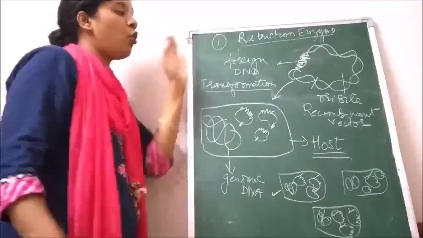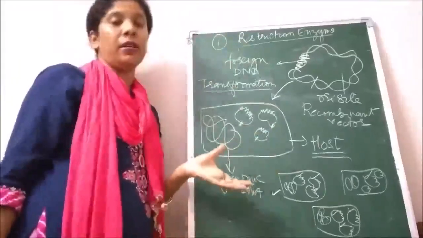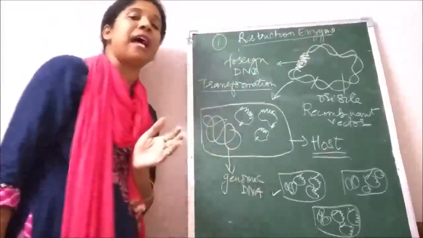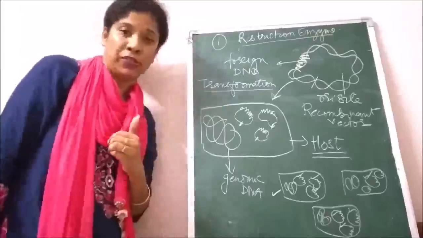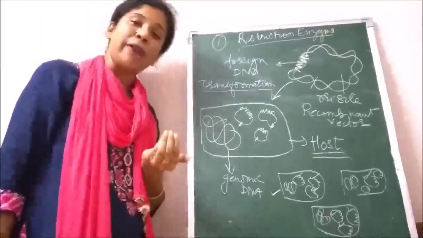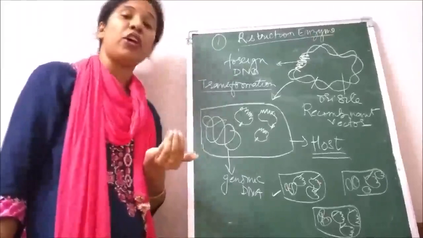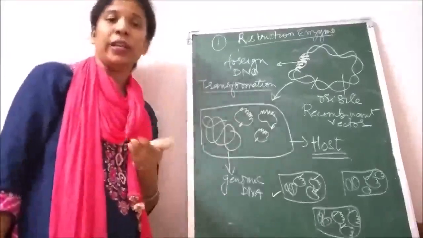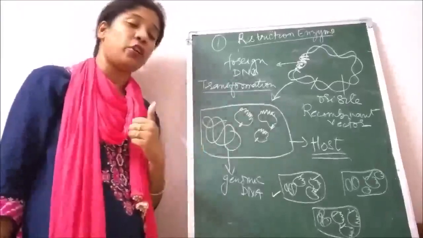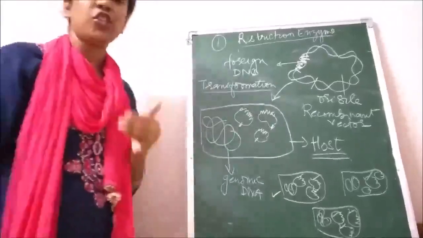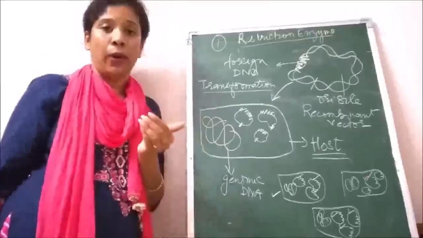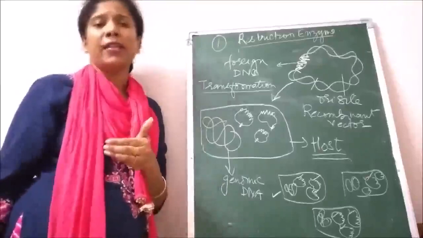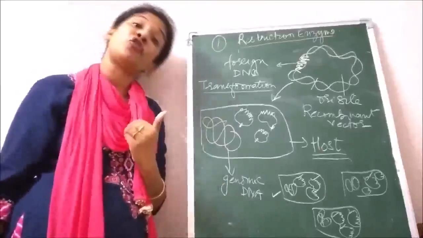Let us understand the whole process with the help of an example, insulin. Diabetes has a very big number of patients across the world. So insulin is required for the treatment of diabetes, and we require insulin in very large amounts. So how was it procured initially? Initially, to treat diabetic patients worldwide, insulin was procured by slaughtering animals, which was not ethical, and since it was foreign, it was allergic and not as efficient.